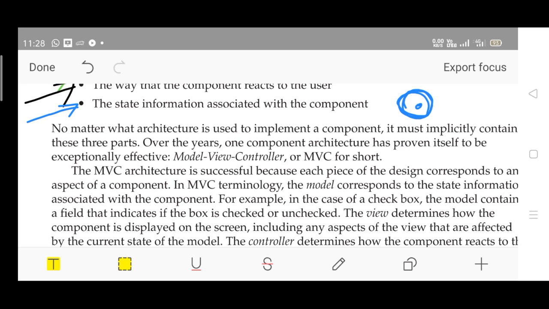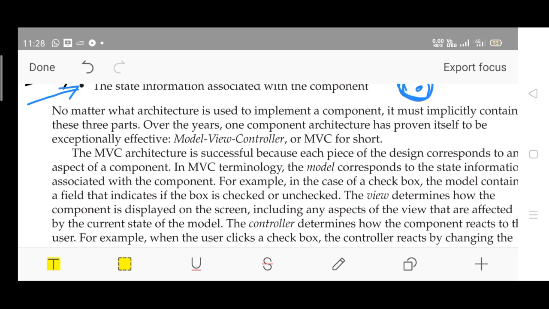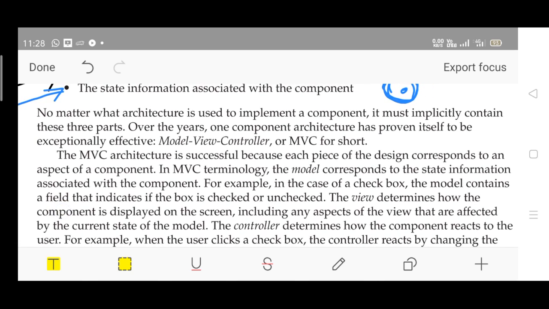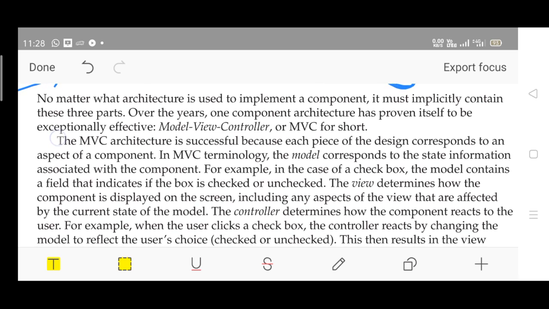In MVC terminology, the model corresponds to the state information associated with the component. You see here, we have taken the example of the checkbox. Please go through the explanation. Hope the contents are visible, right? In case of a checkbox, the model contains a field that indicates if the box is checked or unchecked.